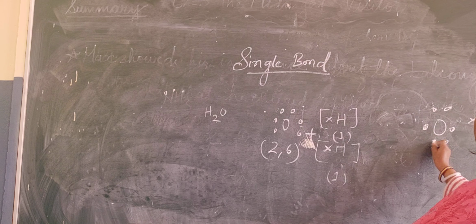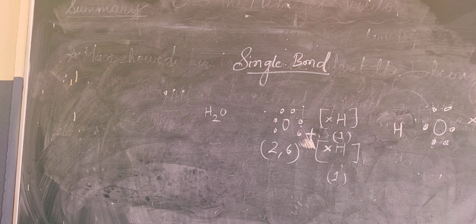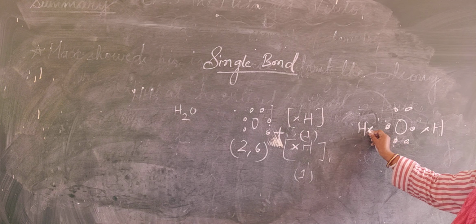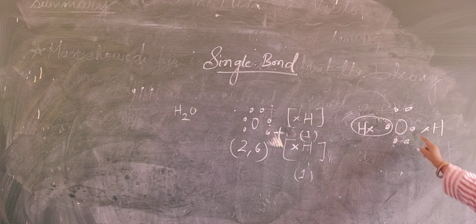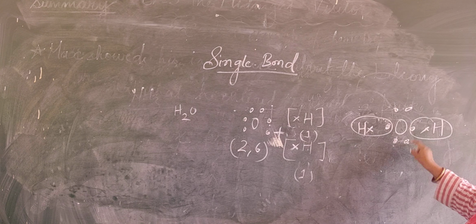Okay, now after drawing this, what we will do, we will draw the electrons of hydrogen. Hydrogen का कैसे? Like this we are doing. Understood? Make it straight so that it will be very clear. Otherwise, if your diagram will not be correct, then overlapping will not be correct. Understood? Okay. Now overlap this. 1, 2. 1, 2. 1, 2, 3, 4, 5, 6, 7, 8.